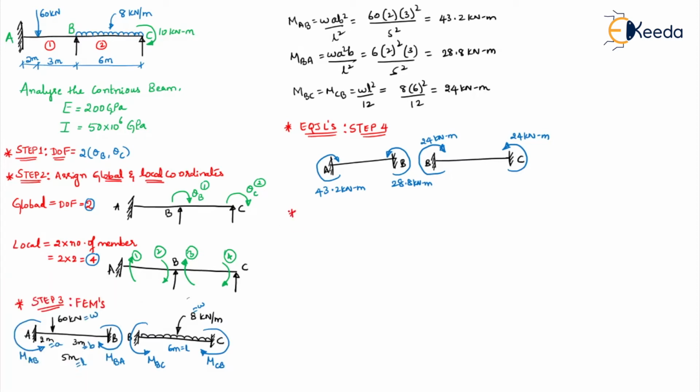Next, coming to the next step, that is your step 5. What will you do in your step 5? Find the load matrices. Okay, so when you are finding load matrix, what are the load matrices you have? One is PL, the other one is PE. Okay, so what is PL? What is the size of the PL matrix? So it's degree of freedom into 1, or what you can say, global coordinates into 1. So what is your global coordinates in this particular problem? It's 2. So 2 into 1 is your PL.